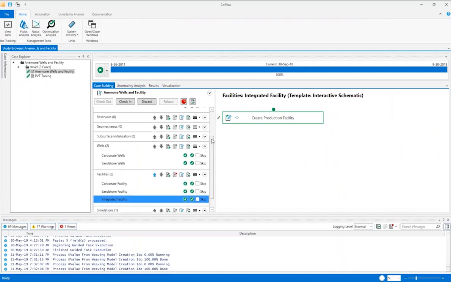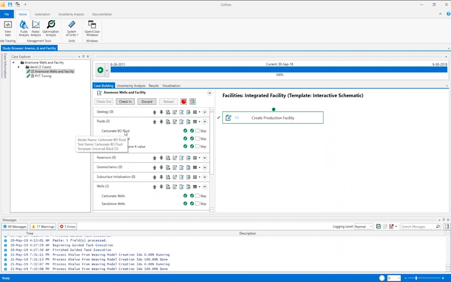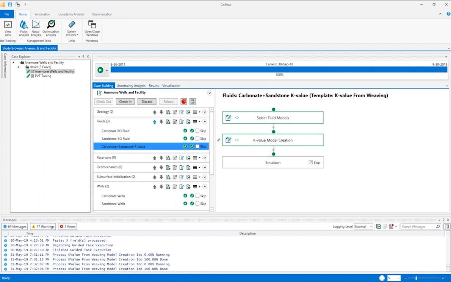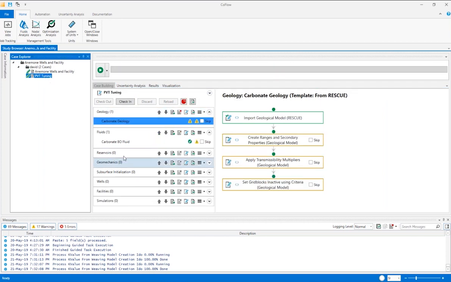So if I then go back to the PVT description, we can see we have fluids described here for the carbonate sandstone. These are essentially copied directly out of our reservoir simulation models, and then we come up with a combined model for that combined facilities. Now I'll just pop over here into the separate PVT tuning, which shows an example of our carbonate black oil